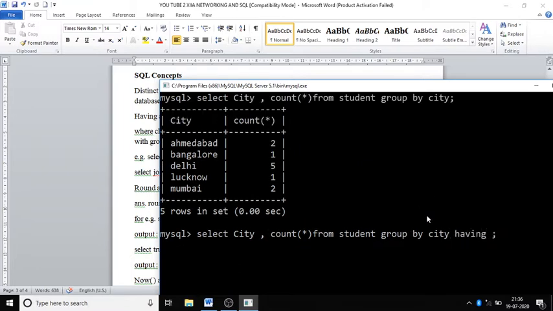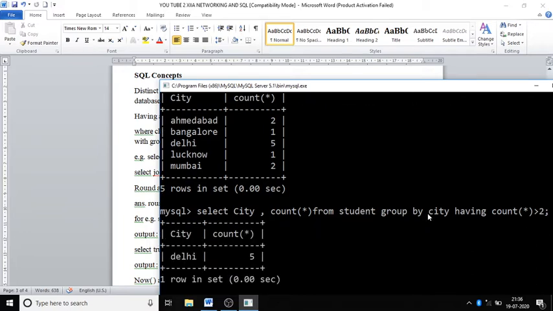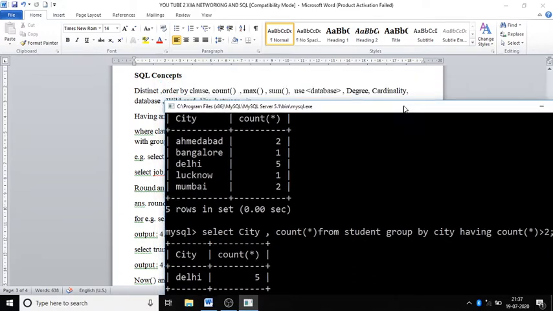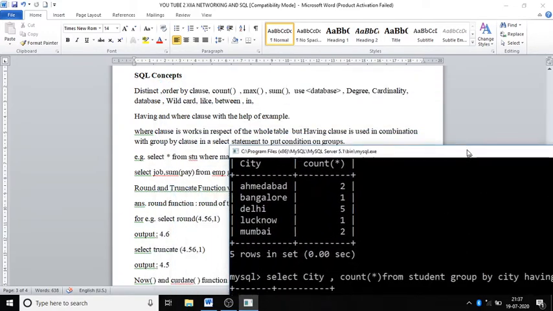With group by I will write having. You can give any condition, having count star greater than 2. You can see you can use having with group by clause for giving conditions.